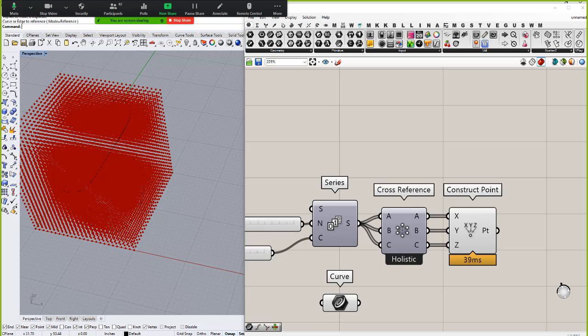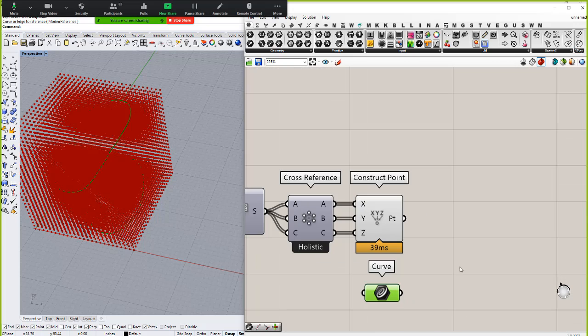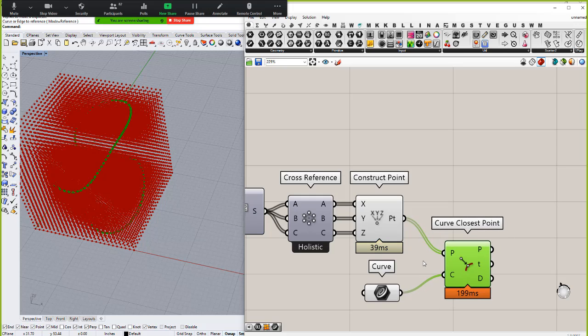Okay, so I can use a similar strategy for getting the distance. I can say curve closest point to here, going to give me those